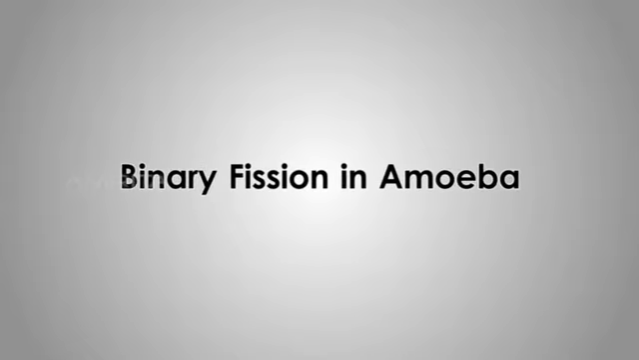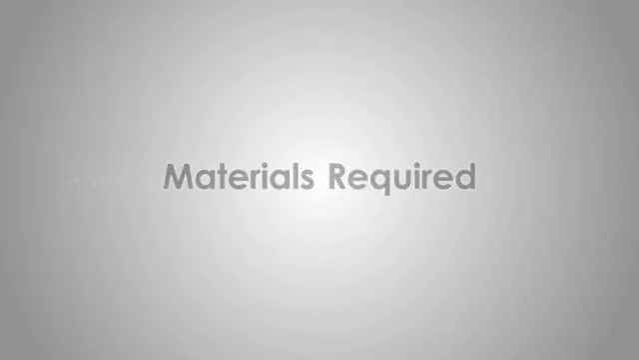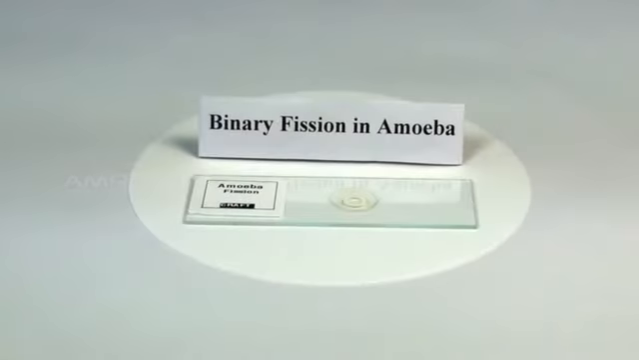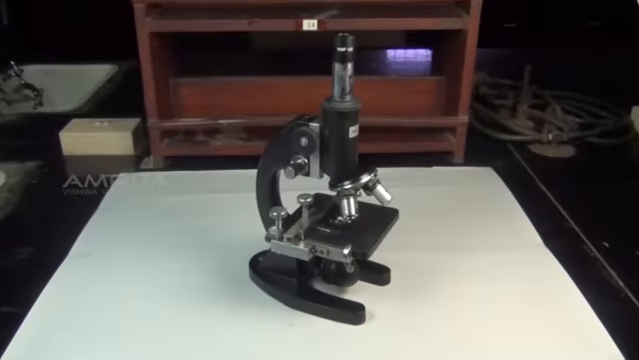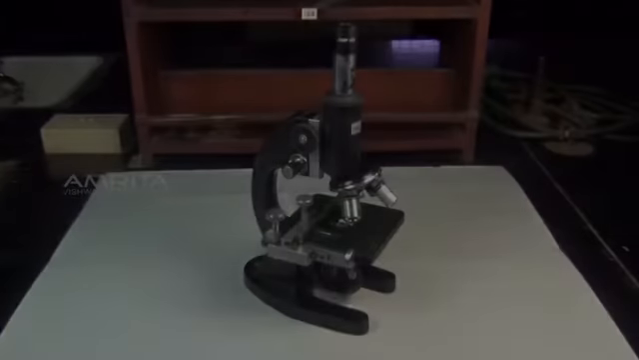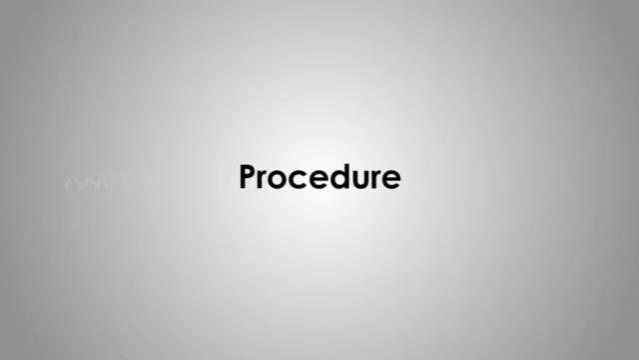Binary fission in amoeba. Materials required: a permanent slide of binary fission in amoeba and a compound microscope. Procedure: